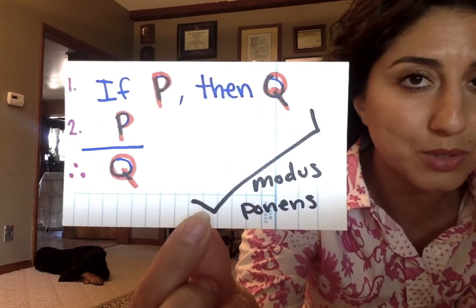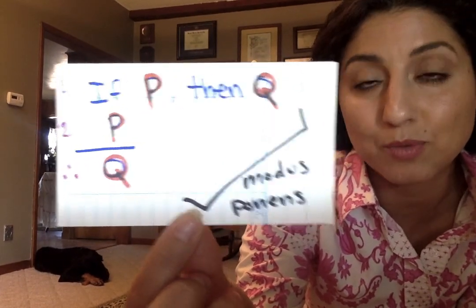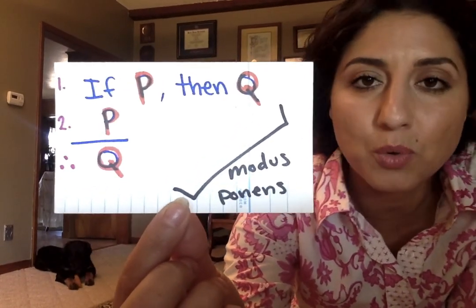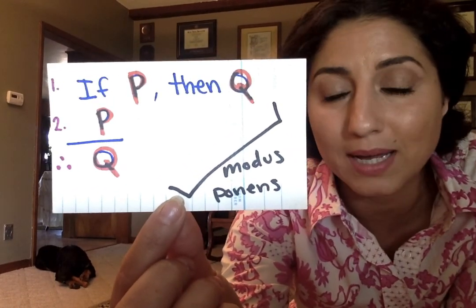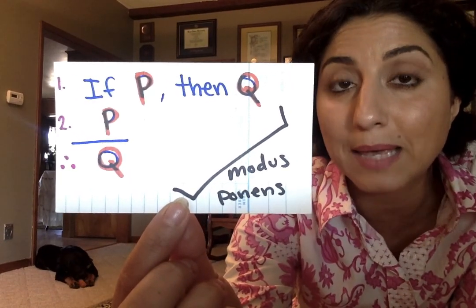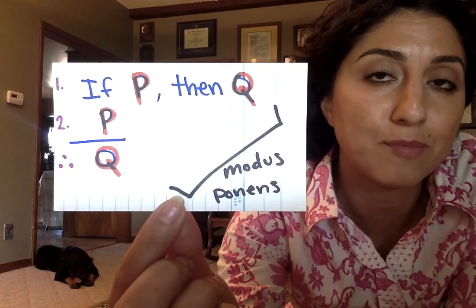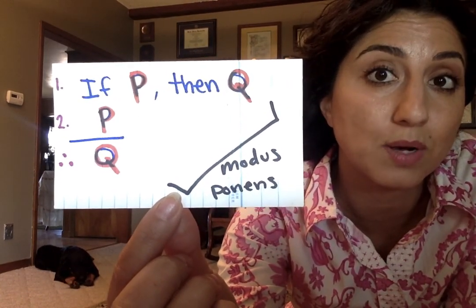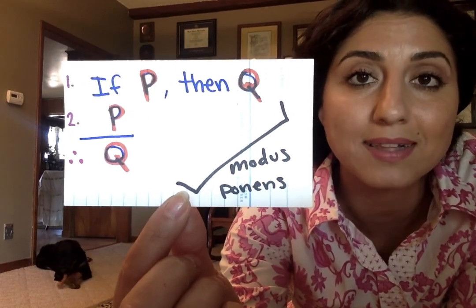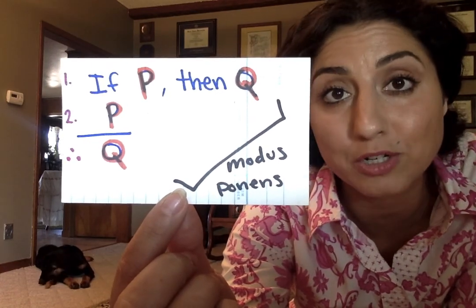So P and Q are just variables that represent any statement. Remember, a statement is a sentence that can be true or false. So let P represent anything you want and let Q represent anything you want. So long as you use the same information for P throughout the entire argument and you use the same information for Q throughout the entire argument as well, then you will have a logical argument with a valid conclusion no matter what your P is and no matter what your Q is.